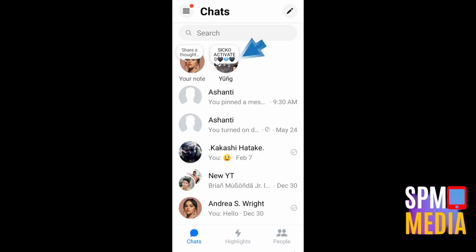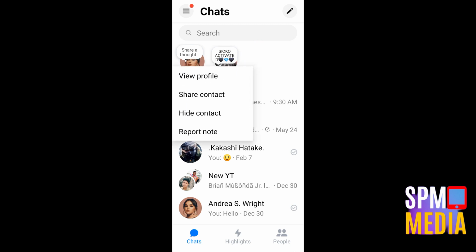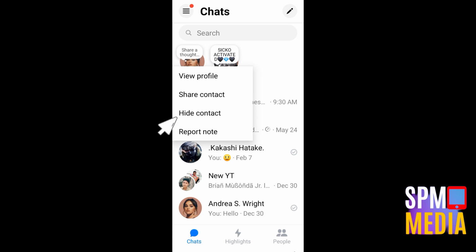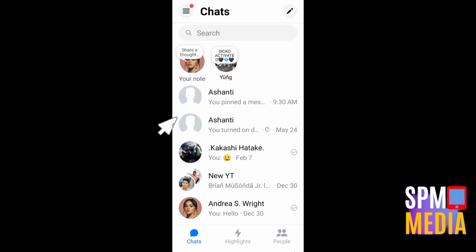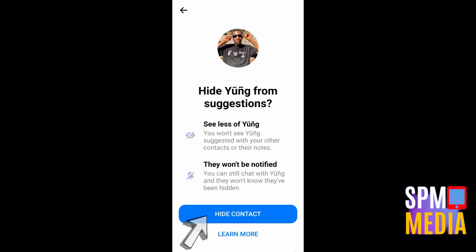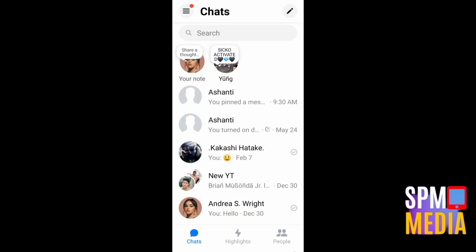And if you want to hide a note, for example, this one right here, my friend Yung has this note. Now, if I long press this one, then I cannot see hide note here. Instead, I can see this hide contact, which is the thing that you're going to do, since you can't see a hide note here. So hide contact is the other way. So you have to click this hide contact here and you will not see this